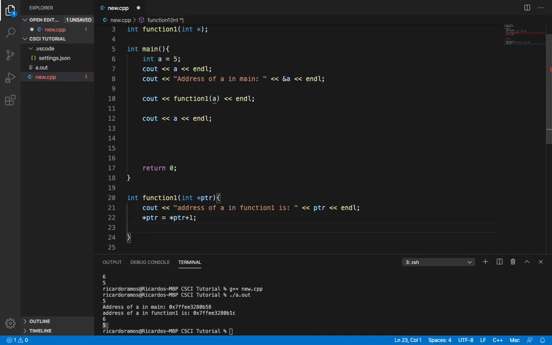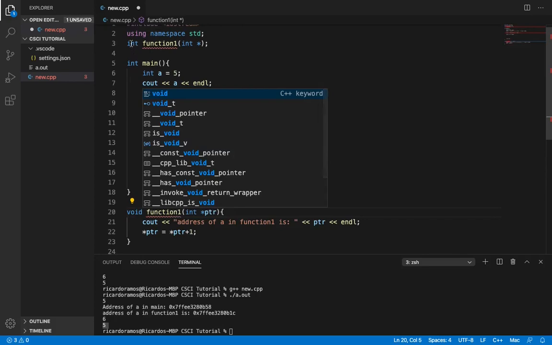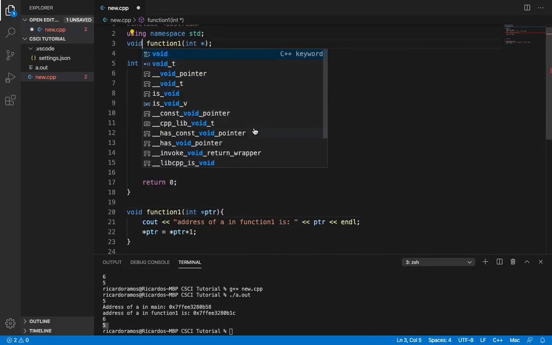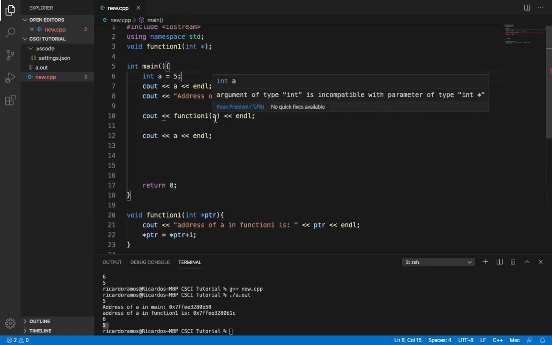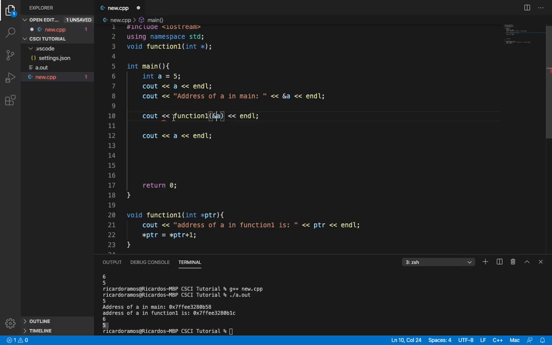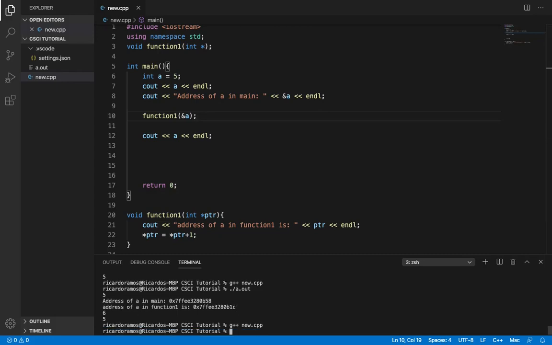With this, since we're using the same function, we don't necessarily need a return. So this will now change into a void function. Okay, so if we run this,